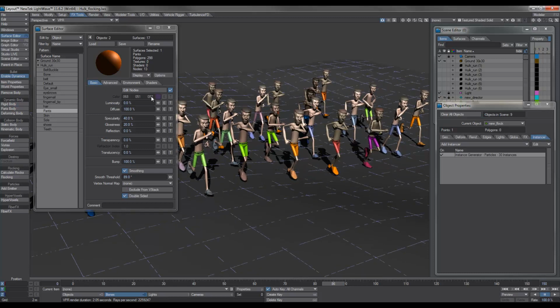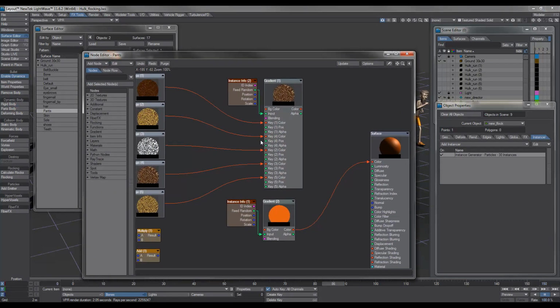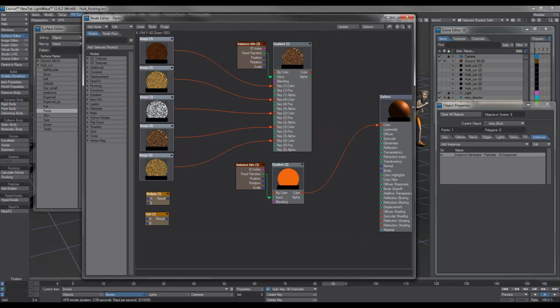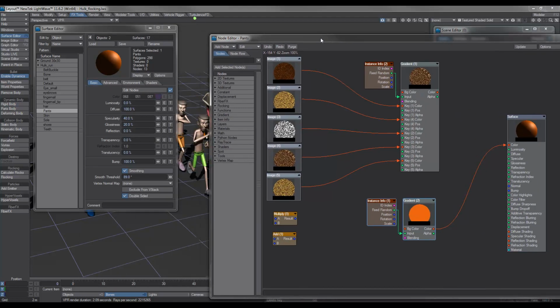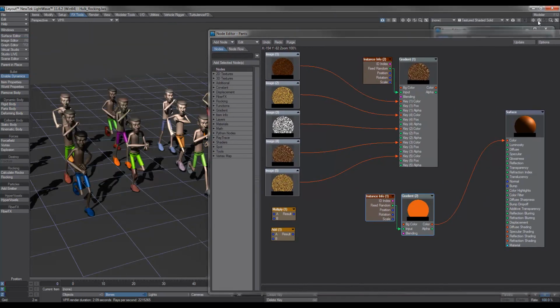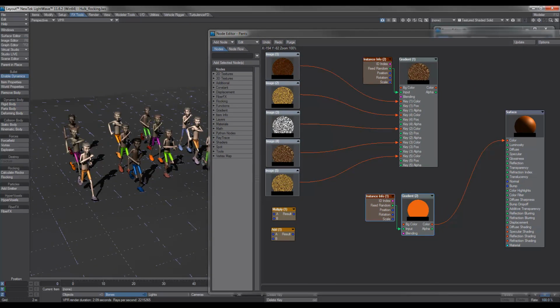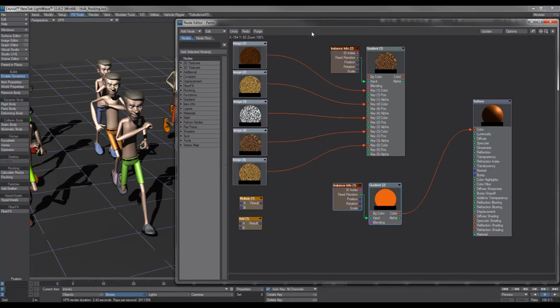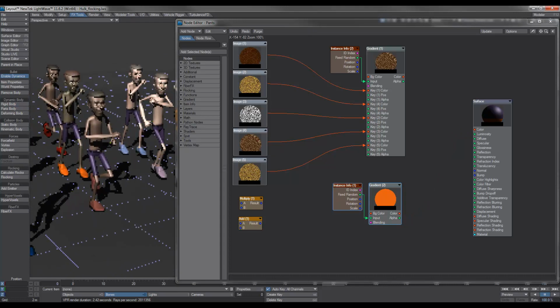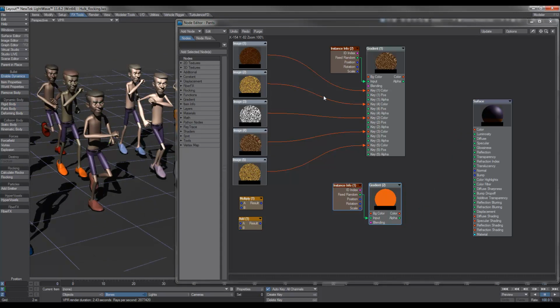If I select the pants, hit edit nodes, you'll notice I've got a whole stack of nodes set up here, and I'll do my best to try to explain it. As you can see here, this is the node setup that we had in the previous video, the one that's currently driving this. I'll just try to move it over a bit so we can see a little bit better. Okay, so if I disconnect that, our pants go purple again,